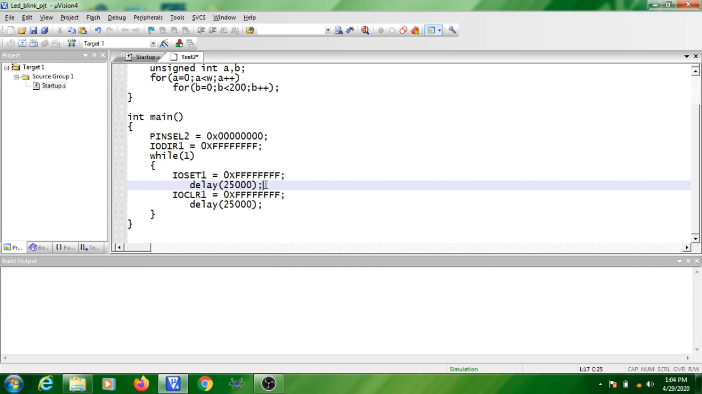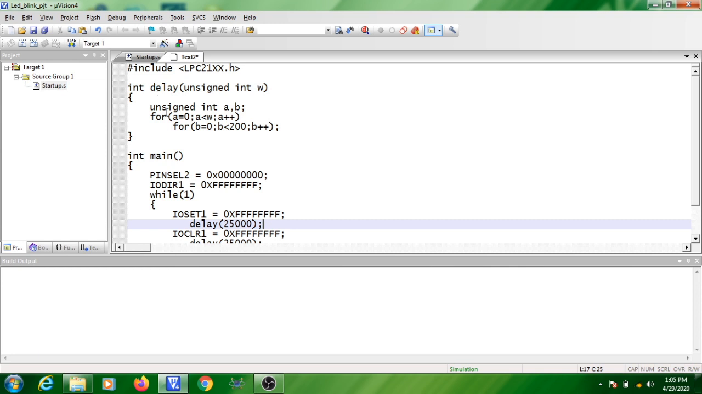Then you are giving a delay. Why are you giving a delay? I told you each state should stay in my eyes for at least 500 milliseconds. So here I am not giving that accurate delay, I am giving an arbitrary delay. For implementing a delay, I have written a function here. You are passing a parameter here. Inside this, two